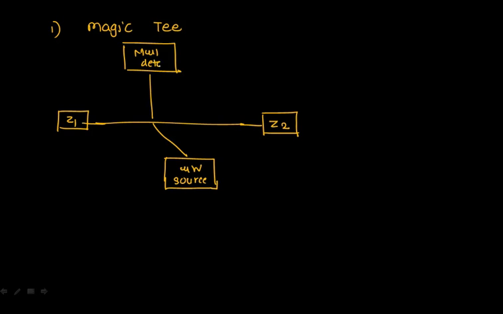Okay. And what is this port number 1? Port number 1 is having a standard variable impedance. You can vary this particular impedance, and this must be known. So the first port will be connected with the standard variable known impedance. Now, the one whose impedance is to be measured is connected to port number 2.